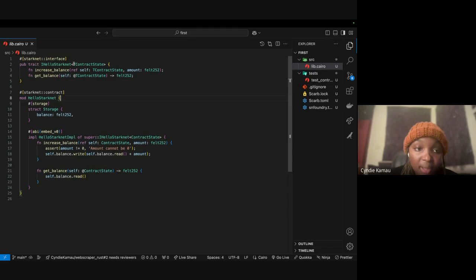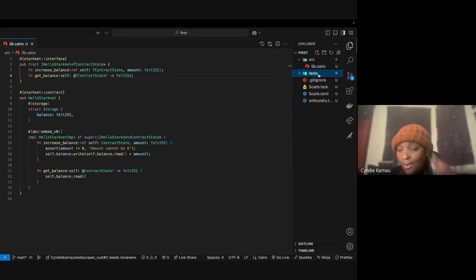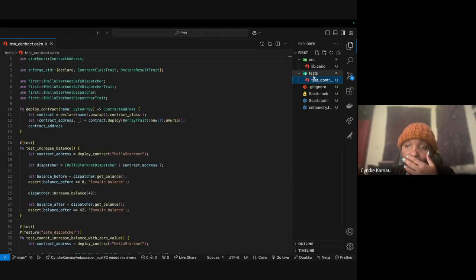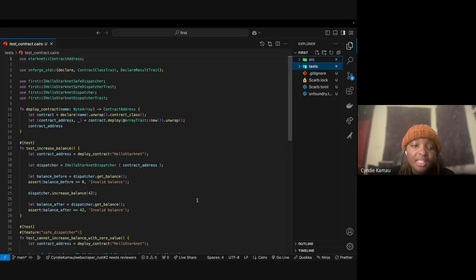And like I said, remember this trait for contract state, sorry, for trait, it's something which you'll be interacting with a lot. Okay, and also like I said, when you see a ref, you know this thing will be writing to the state of the contract, right? But if you see an @, we're just taking a snapshot. So this is what I wanted you guys to see. And the test, right?